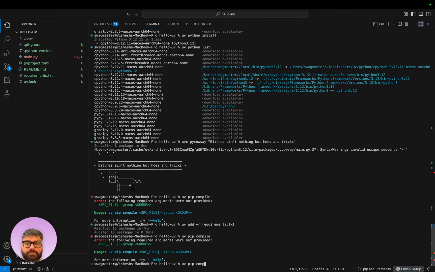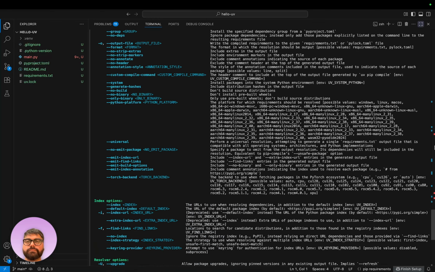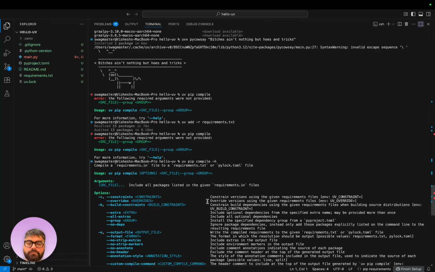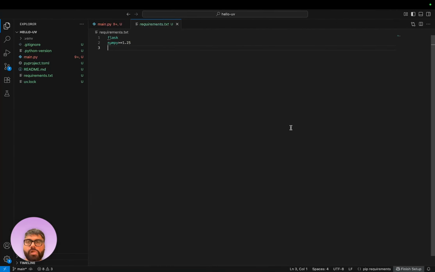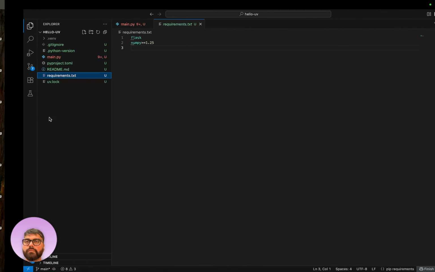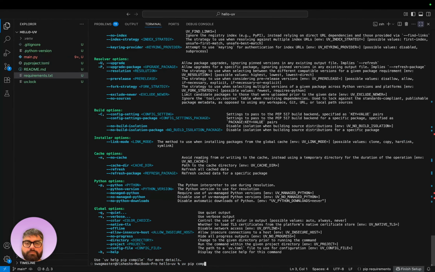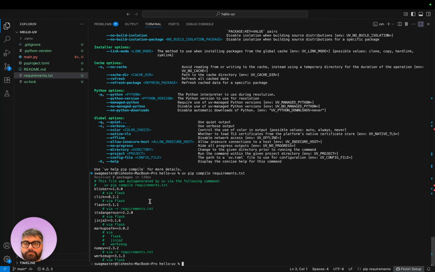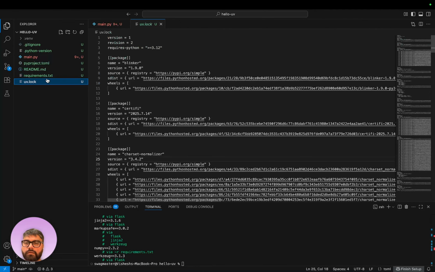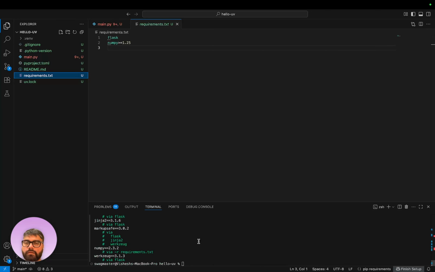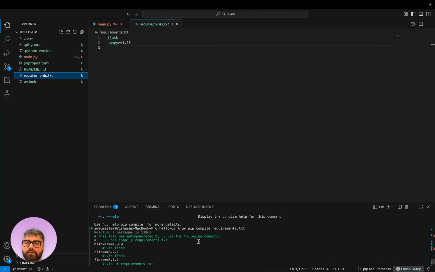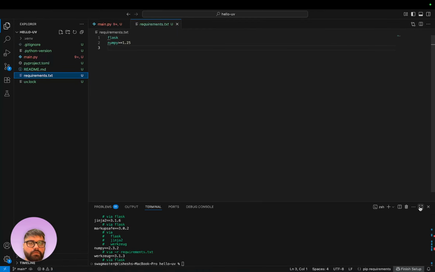Let's just do UV pip compile dash H. Okay, so that means UV pip compile requirements. Let's maximize this.